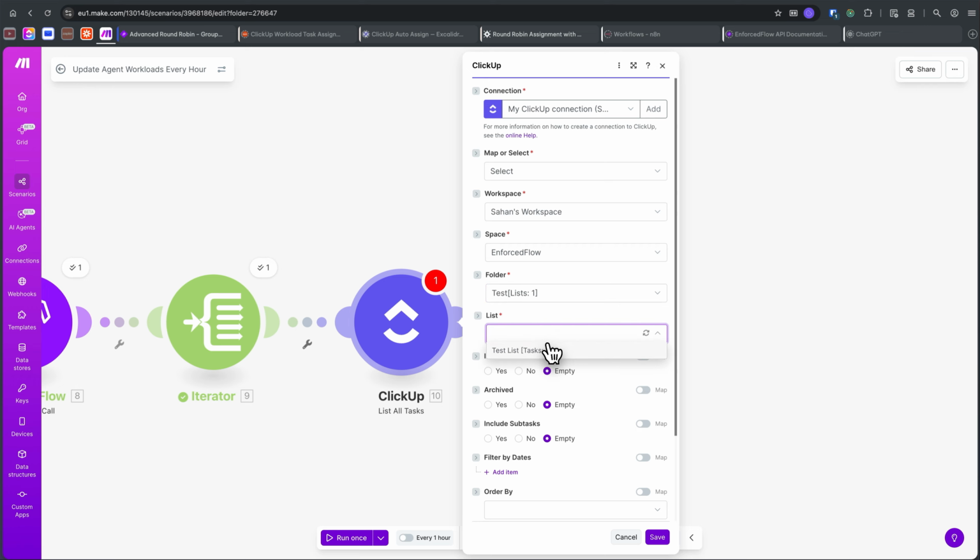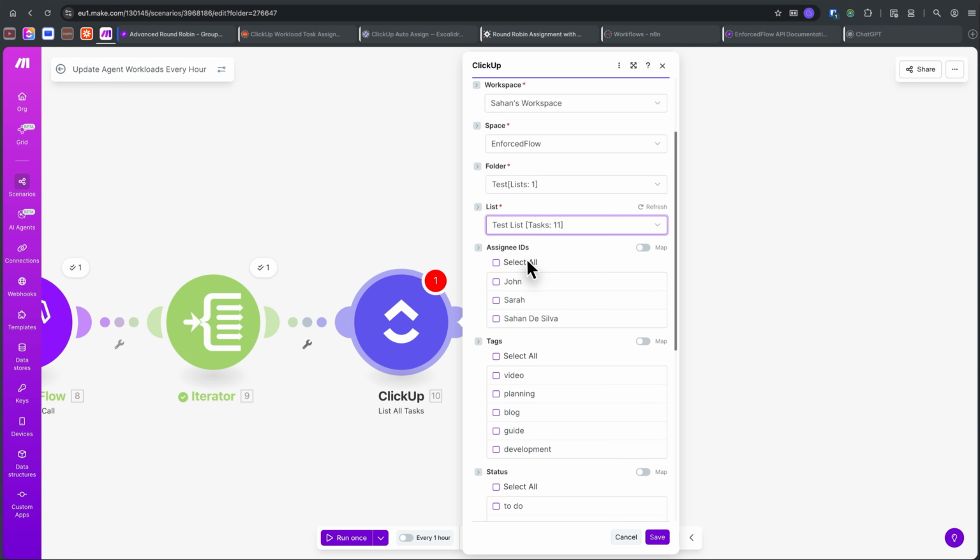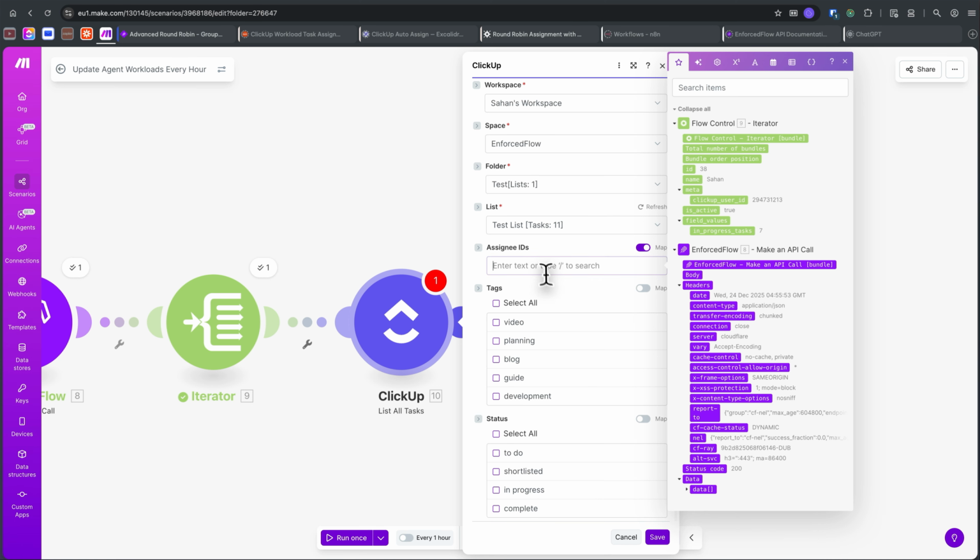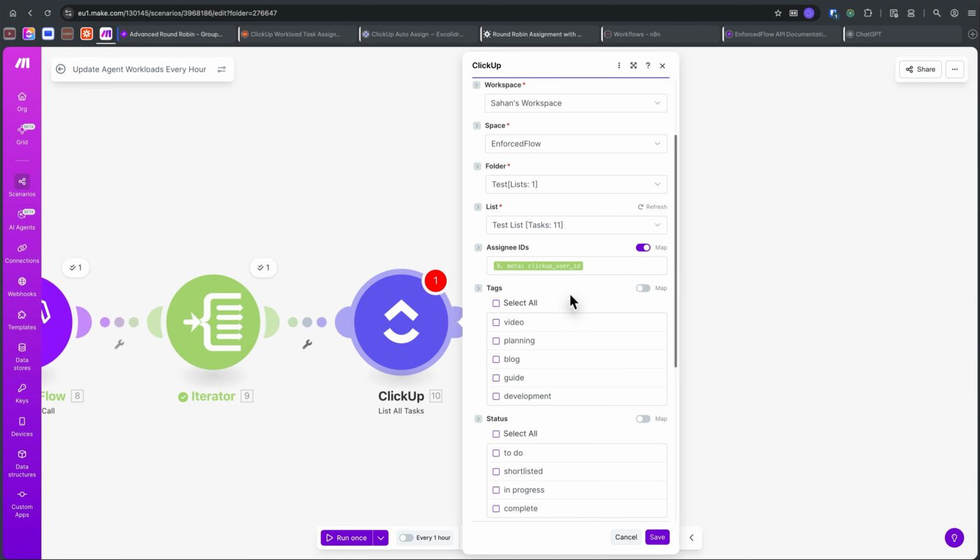and then the list. Okay, so for assignees, I am switching this to map because the assignee will come out of EnforcedFlow and after this loop. So from the second step, we just need to select under meta ClickUp user ID. Now this will run 3 times inside a loop. So this will run this step for each agent,